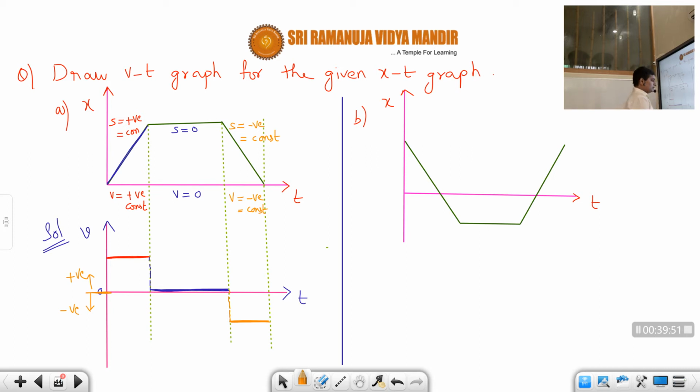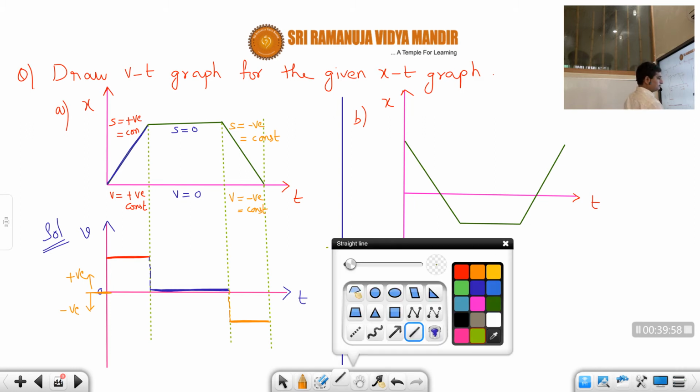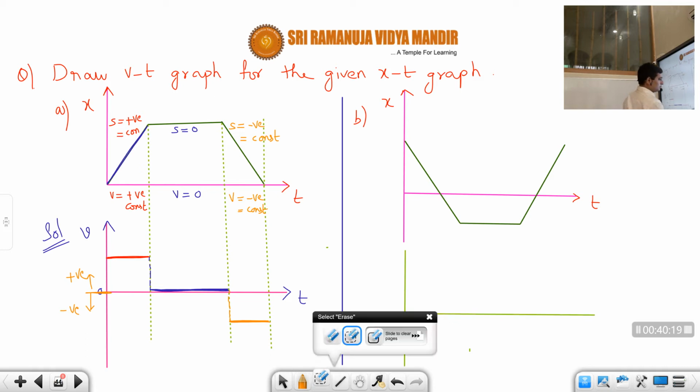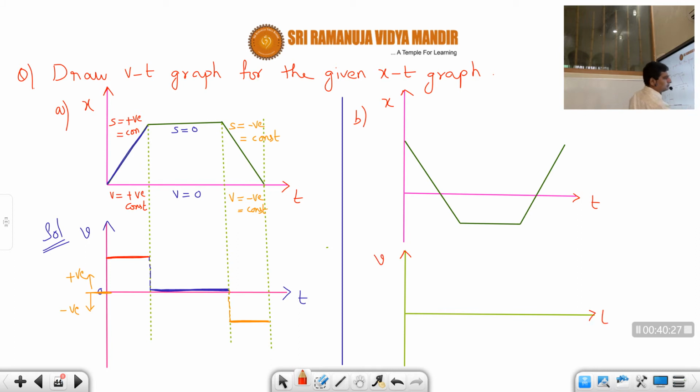Okay, students. So now let us see here also. Let us divide into, first let us draw the VT graph. Okay, students, let us draw the VT graph. Let us say this is the time. And let us say this is the VT. Okay, students. So now, okay, now let us see. This is the VT, students. Let us say this is V and then this is T.